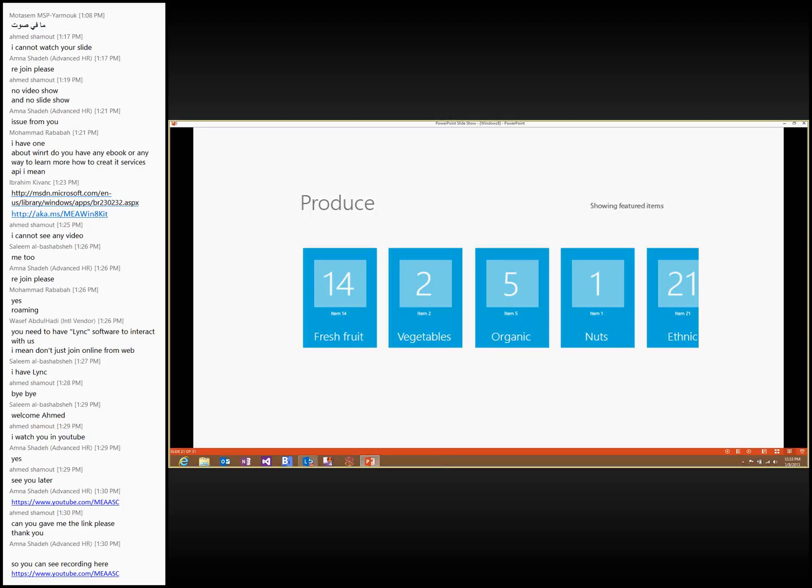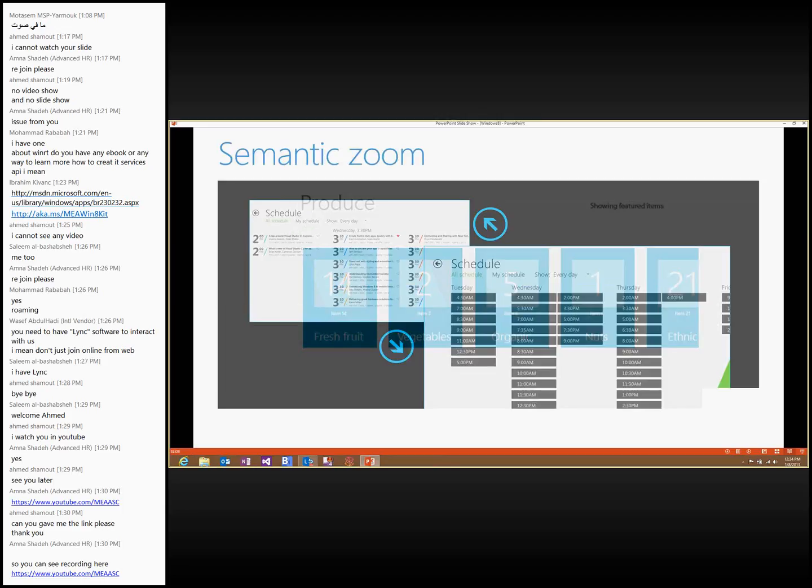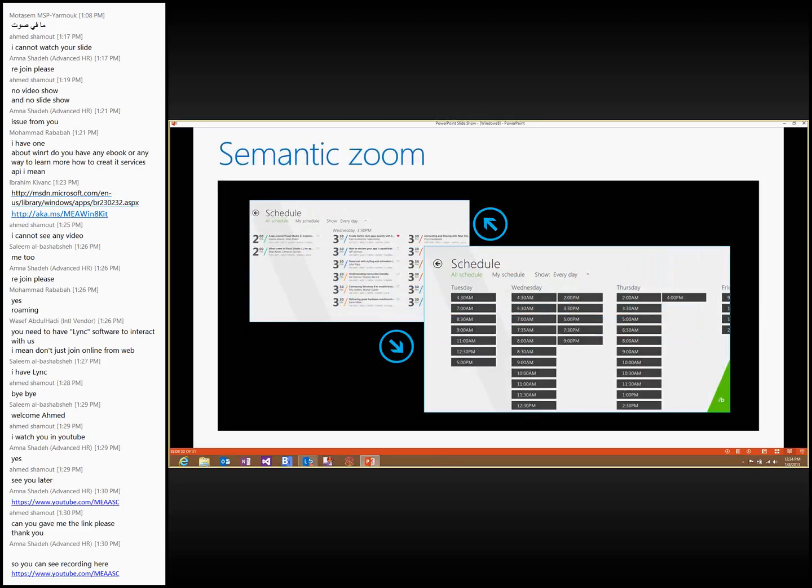For example, this is just a kind of fruits, and the other vegetables. You can see the fresh fruits, the vegetables, organics, nuts, and ethnics. You can easily visualize the data. This is a different kind of data visualization tool as well. This is all up to your creativity, and this is the build conference application, where Windows 8 was launched